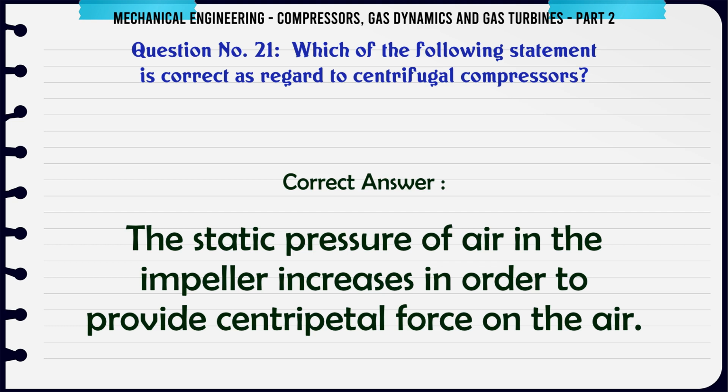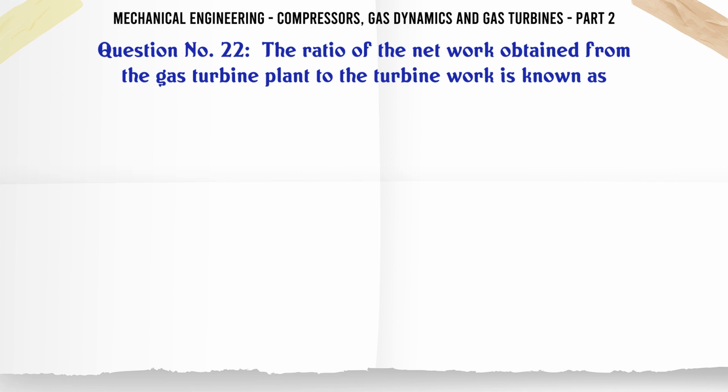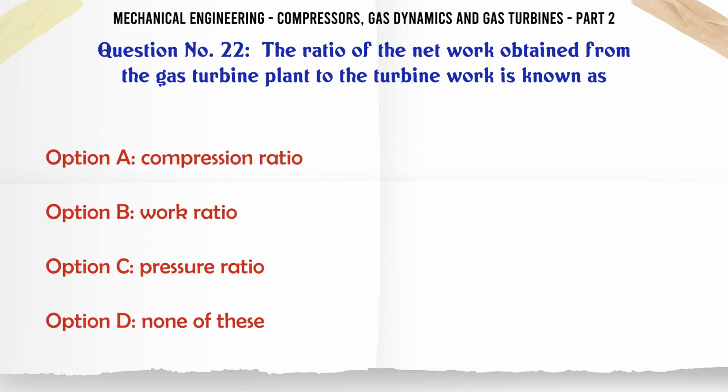The ratio of the net work obtained from the gas turbine plant to the turbine work is known as: A, compression ratio. B,